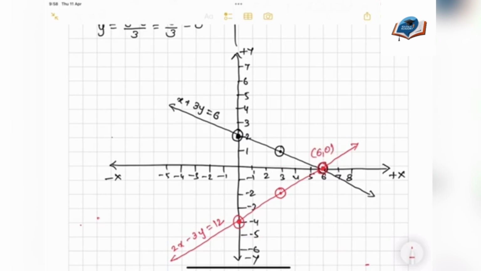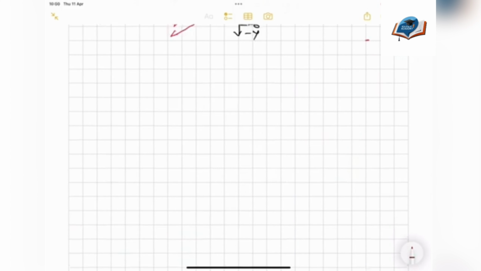Now these two lines intersect at the point (6, 0). And here I can say the solution point is (6, 0). Now next,